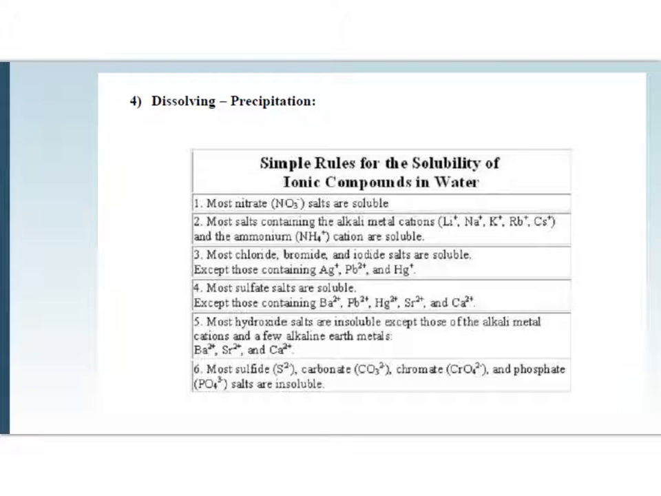Dissolving and precipitation. For example, when you put sodium chloride into water, you write the dissolving equation like this: sodium chloride solid, and on the arrow you write water, and then it produces Na+ aqueous plus Cl- aqueous. Sometimes the reverse of this reaction occurs. This is called precipitation. But first you have to really